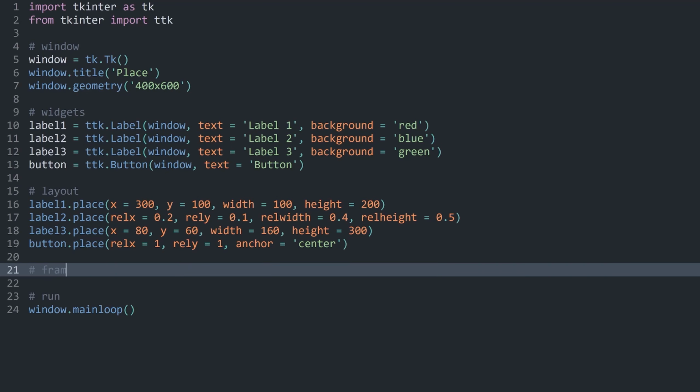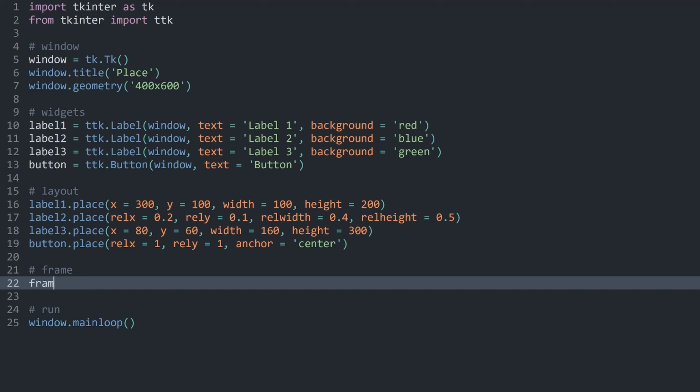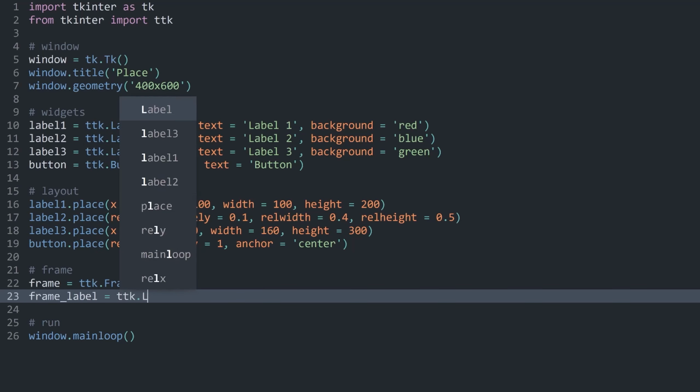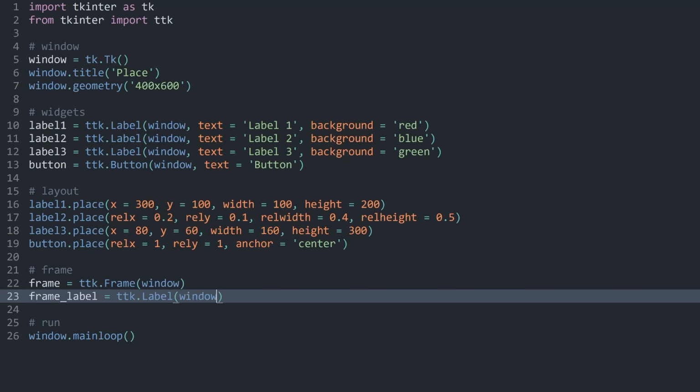I do want to cover one extra case, and that is using the place method along with a frame. I want to create a frame with ttk and frame. The master here is going to be the window. After that, I want to create two widgets. One is going to be a frame label, which is going to be ttk and label with the window as the master,